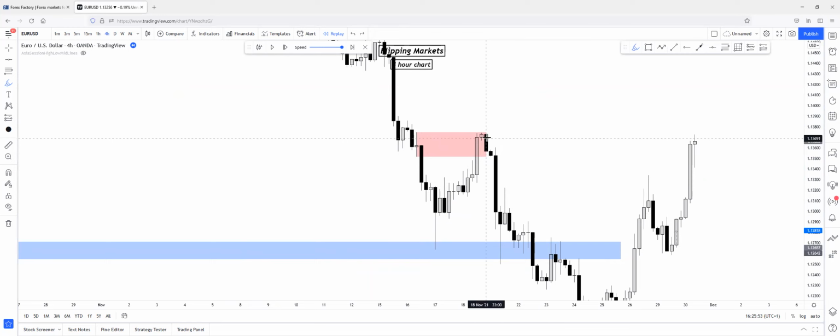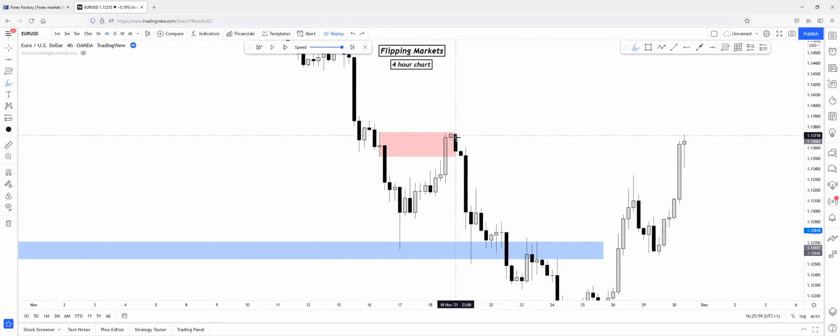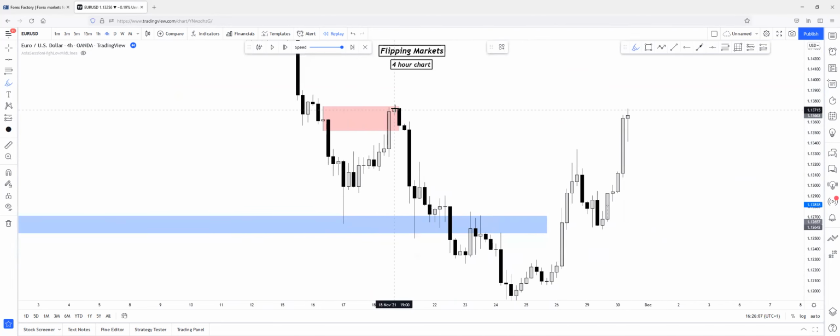Okay, so let's say you open the trade here because there was a 15-minute change of character inside of this 4-hour supply zone, and after the 15-minute change of character, there was a 1-minute change of character inside of that 15-minute supply zone. So you entered here. It pushed the price to the downside, created inversion movement here, broke structure here. So it means price created another supply zone. As you can see, it created a huge inefficient push to the downside, break of structure,